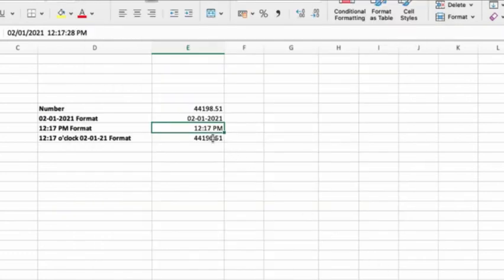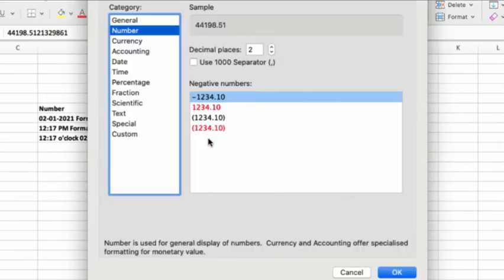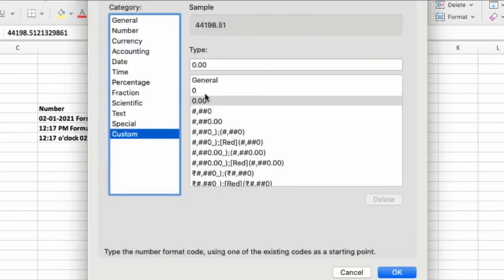So okay. And finally the third one, here we want to represent this as 12:17 o'clock 02/01/21. So let's do that. Control 1, go to custom.